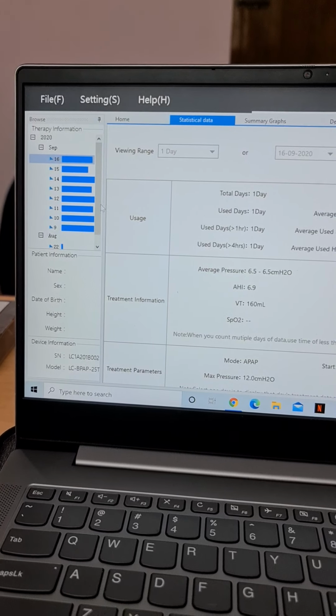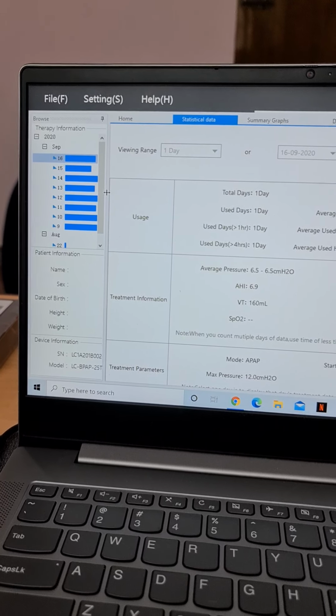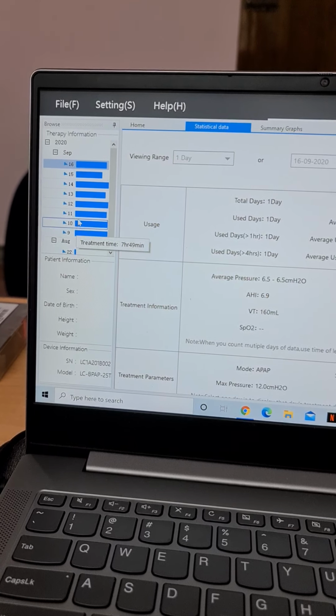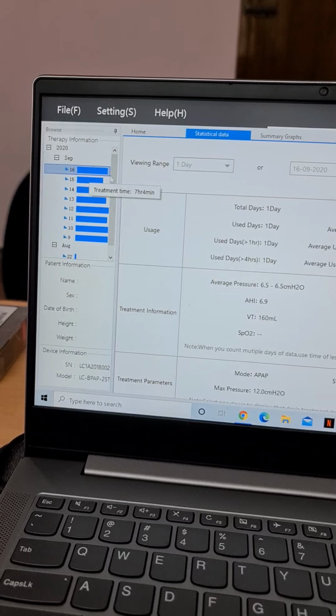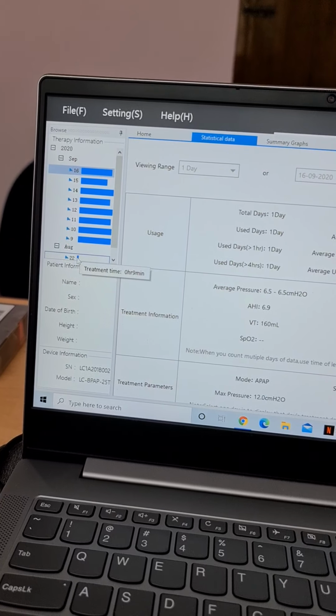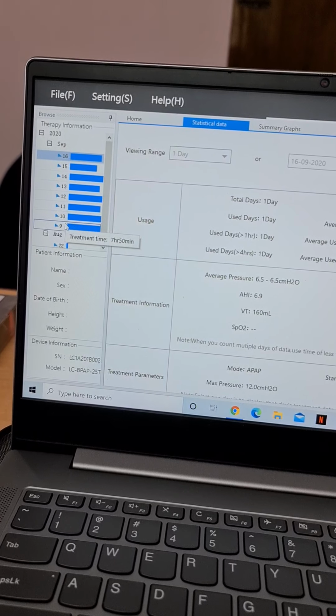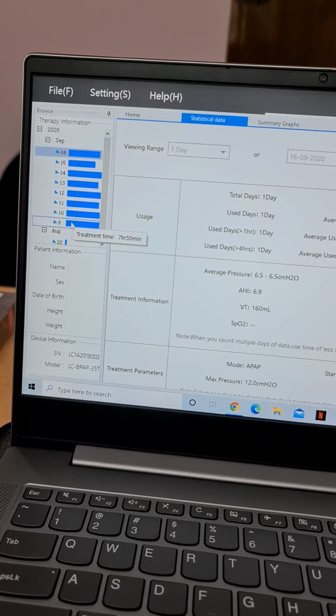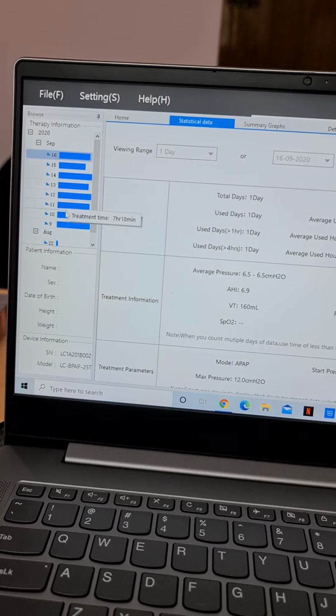Now you can already see the data. For example, this particular SUD file has data from 9th September, 9, 10, 11, 12, 13, 14, 15, 16. And in August there is just a trial run. Maybe we just switched it on, so ignore that one. This machine was sold on the morning of the 9th, so from the night of the 9th to yesterday night, all the data is here.